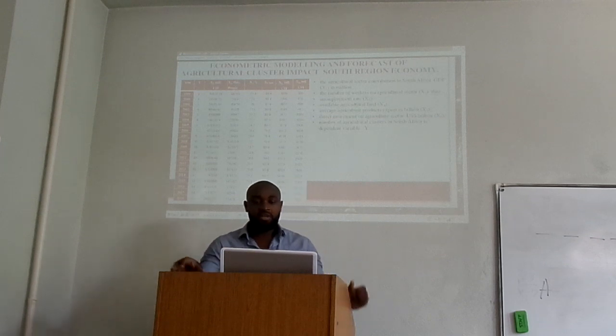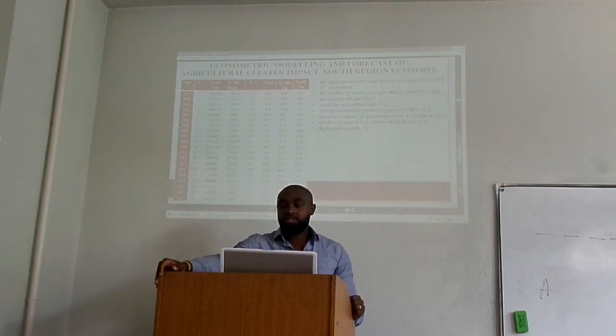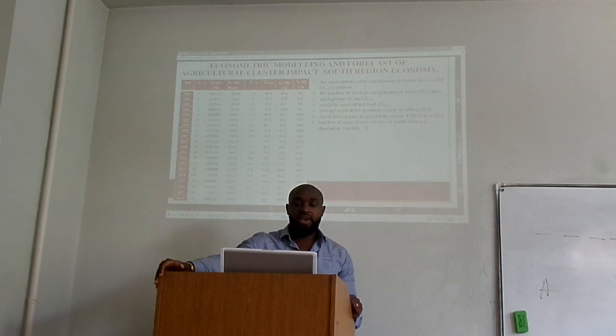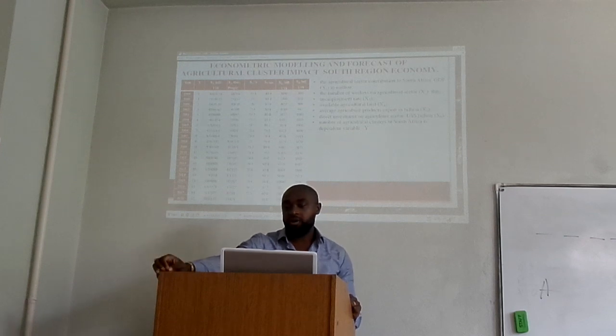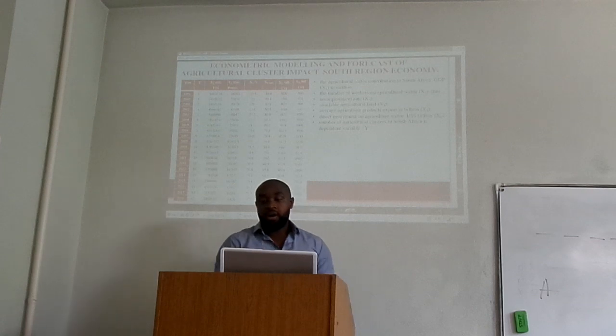Here you can see the independent variables: the agriculture sector contribution to South Africa's GDP as X1 in million, the number of workers in the agriculture sector X2, the unemployment rate X3, available agriculture land X4, average agriculture product export in billion X5, direct investment in the agriculture sector in billion X6, and the number of agriculture clusters in South Africa